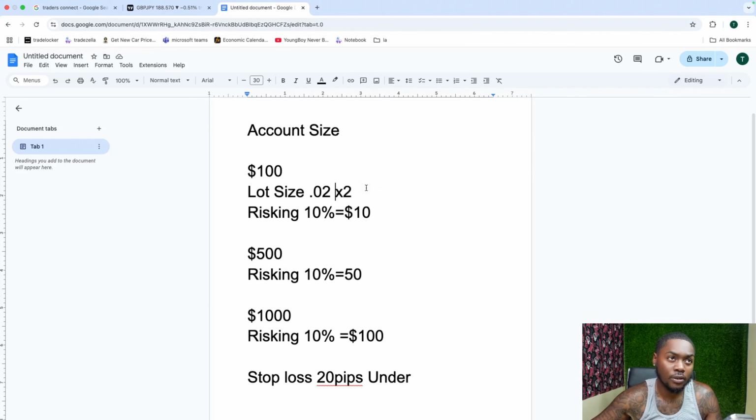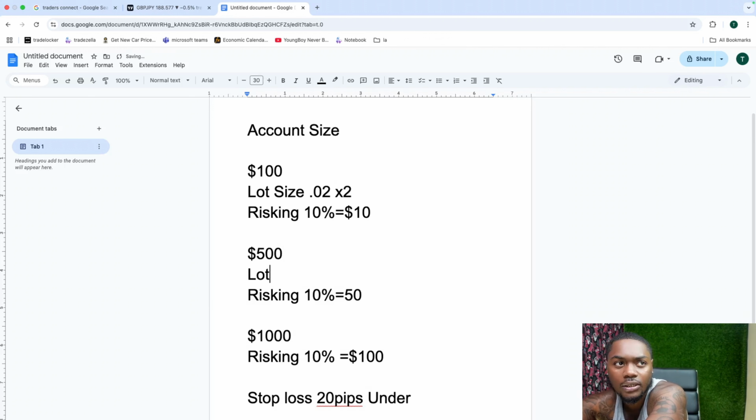And if I have 2 entries, two entries would be about $10. $10, and then if you calculate the spread and the fees and all of that, it should be about $10 per entry, which is exactly where I would like to be comfortable at losing, right? So lot size for 500 would be 1.2, and then lot size for 1,000